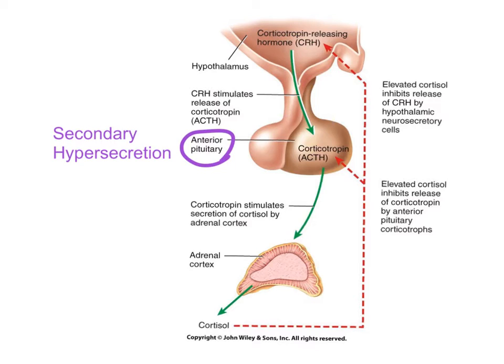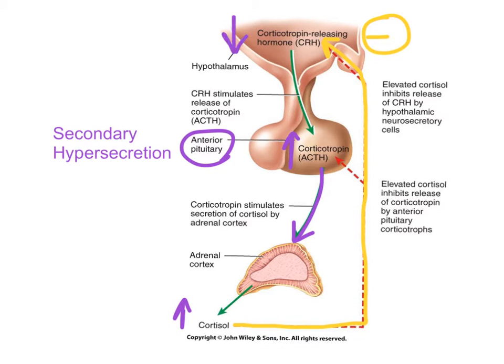What's going to happen now is that the anterior pituitary is going to hypersecrete ACTH. There is a problem there, which will then increase levels of cortisol. Looking at the negative feedback loops, these increased levels of cortisol are now going to go back and inhibit the release of CRH from the hypothalamus. There is no problem with the hypothalamus, so in effect this is going to result in a decrease in levels of CRH. These decreased levels, however, are not going to affect the release of ACTH from the anterior pituitary,